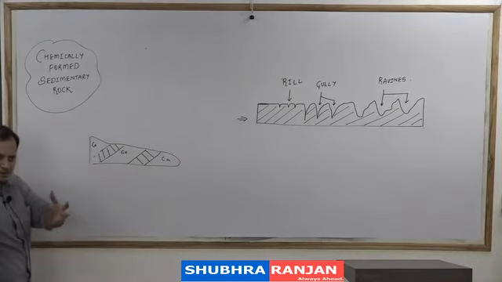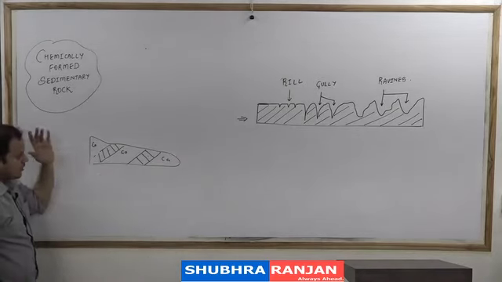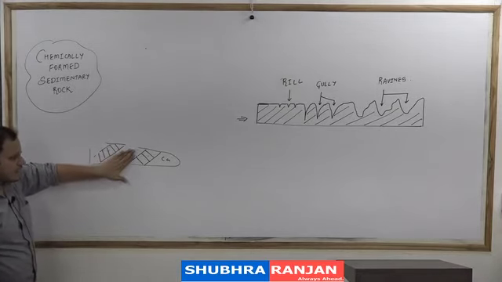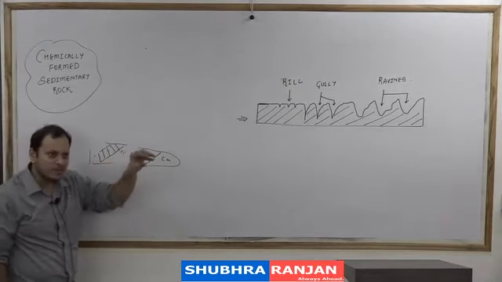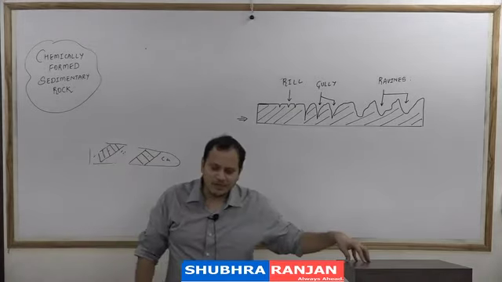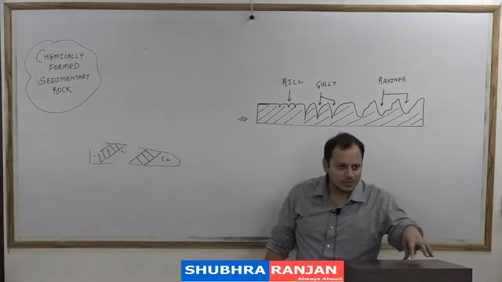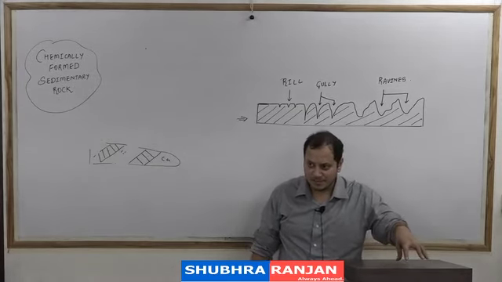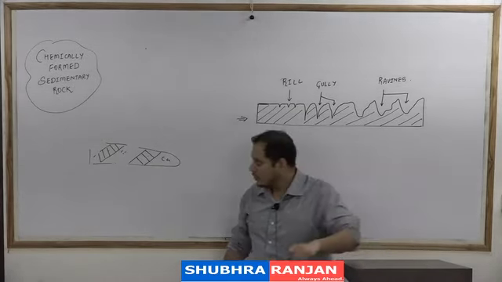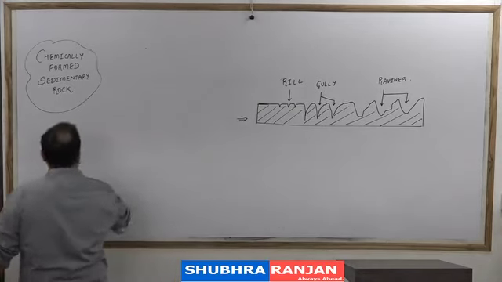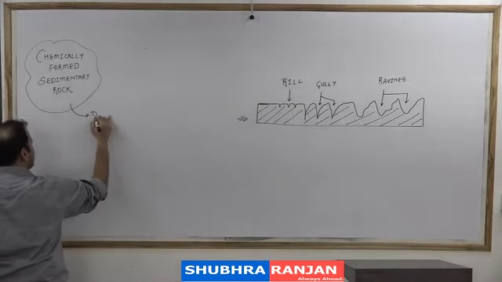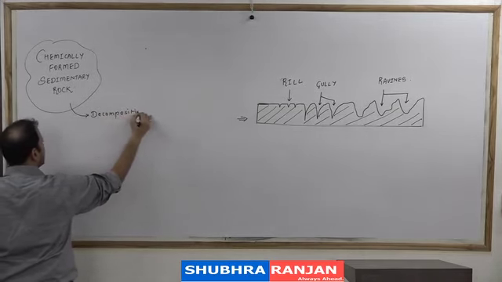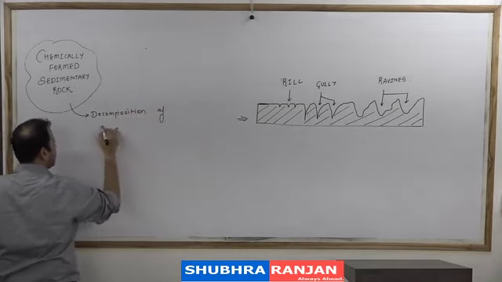Now imagine if a river is flowing through this region, what it will erode more? It will erode the calcium more. And when it erodes the calcium more, it will take the calcium and deposit it somewhere. So over the period of time, layers and layers of calcium will be deposited to give rise to the chemically formed sedimentary rock. So chemically formed sedimentary rock, you just remember it is formed by decomposition of existing rocks,